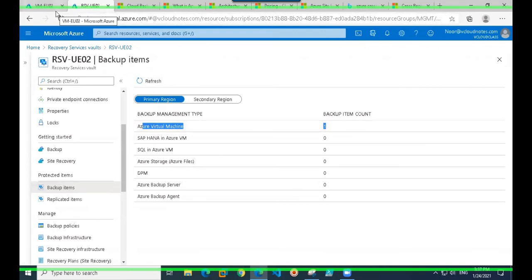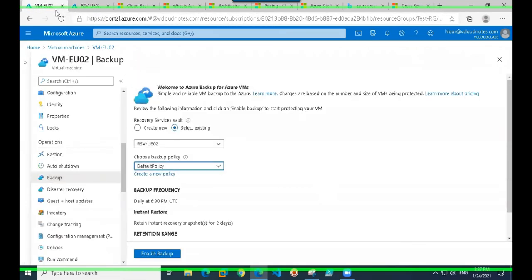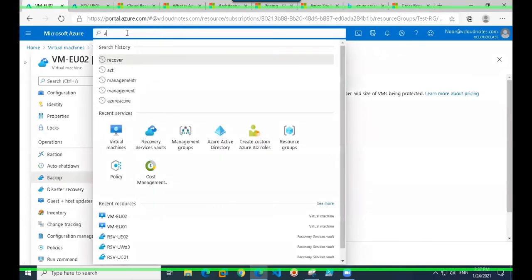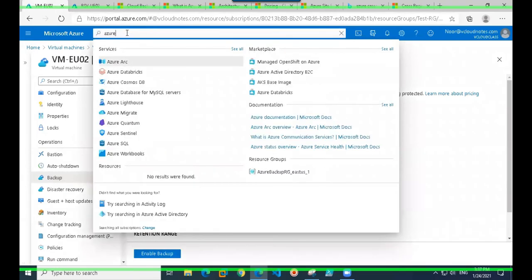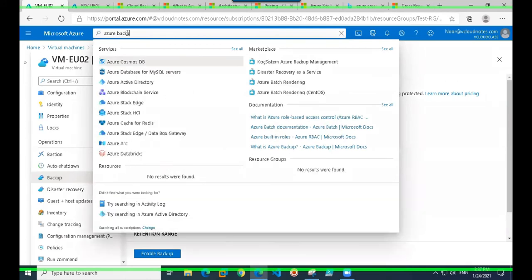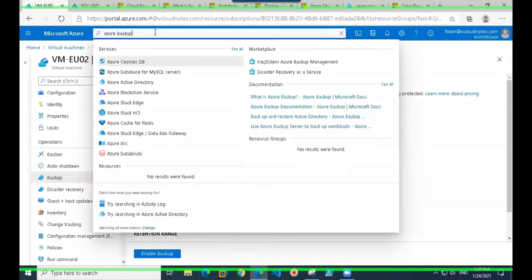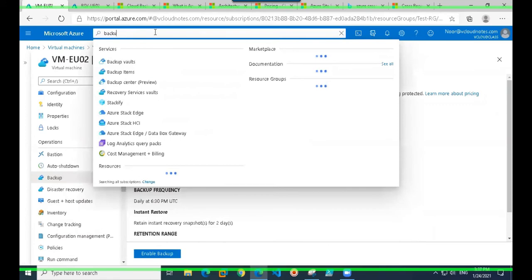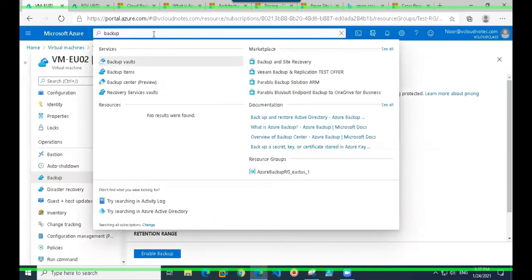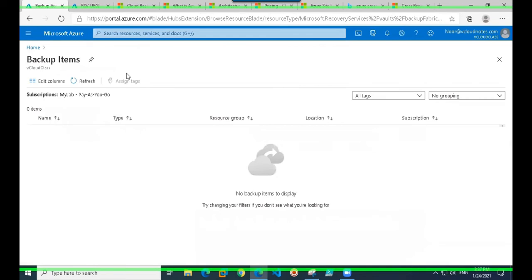Let me move to another tab. There is something called Azure Backup. This is only backup. Interesting.